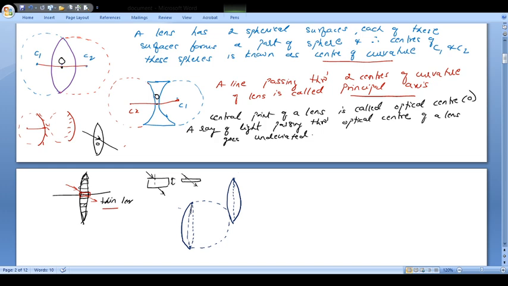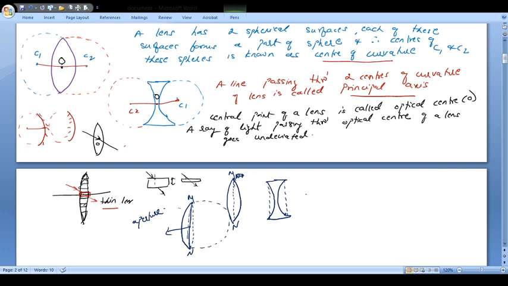So this radius, this basically this diameter means this is basically your length MN. This is known as aperture. So here you will find this will be the aperture MN. Now in case of a concave lens में aperture किस तरफ होगा? बीच में नहीं होगा. देखो इसका aperture यहाँ पे होगा, इसका aperture यहाँ पर होगा. So this is basically the aperture which is shown here with the dashed lines.